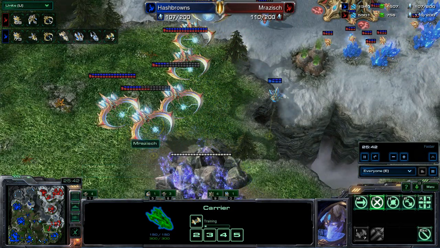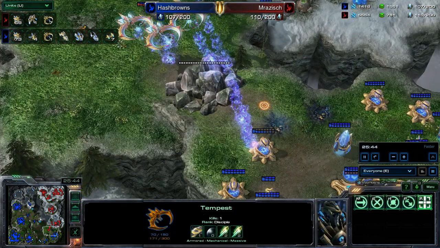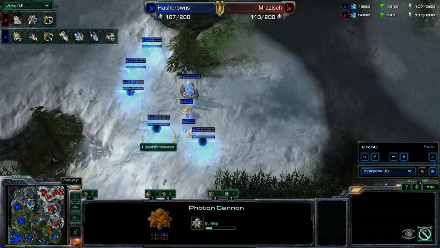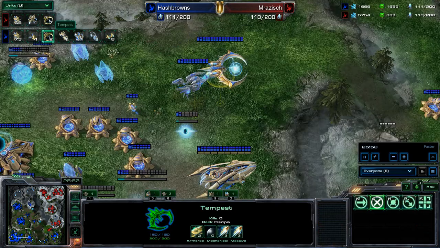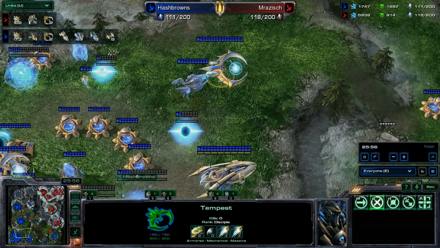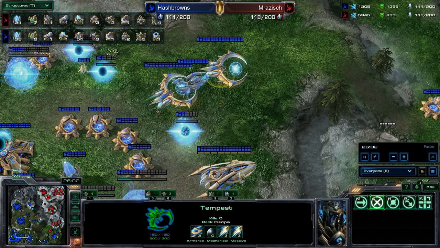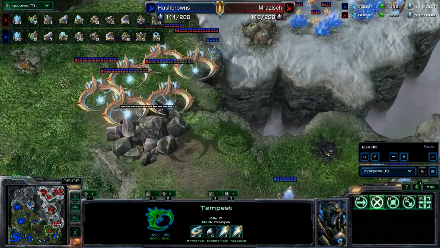In the meantime, their opponent has a lot of Tempests going to work here. Try and take out all the cannons here. Trying to get into one of the expansions of our good man Hashbrowns here. Meantime there, he's building a lot more cannons, trying to get that good old cannon count up here. Finally has himself a Tempest, is sitting on 2-3. So still has the upgrade advantage. Not looking too shabby. 51 cannons on the map here, so looking pretty good as far as that cannon count